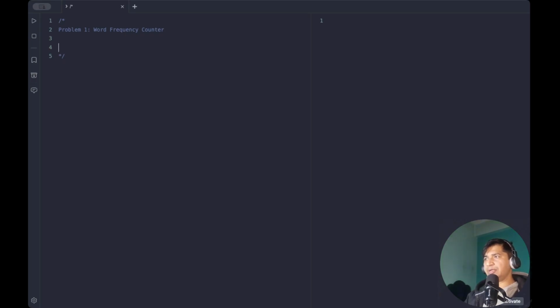For example, if my input is "JavaScript make me love for JavaScript". So this is a simple sentence, it could be anything. If this is the input, the requirement is that it will return